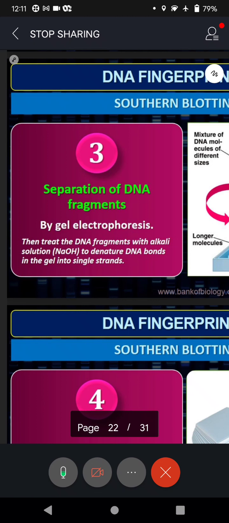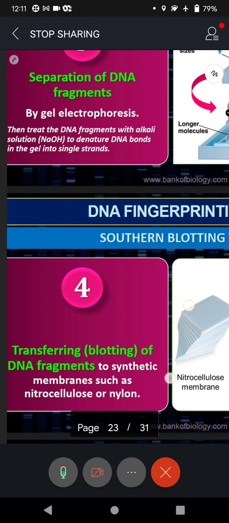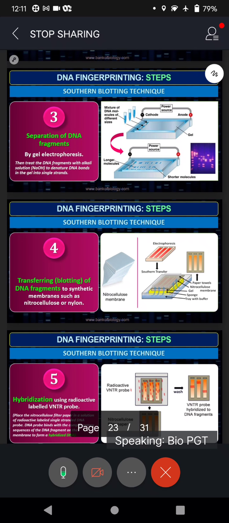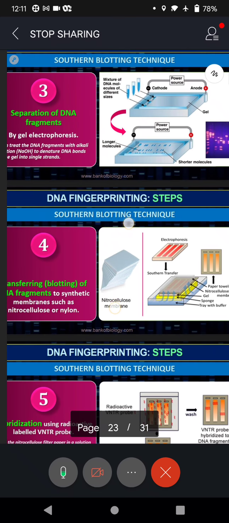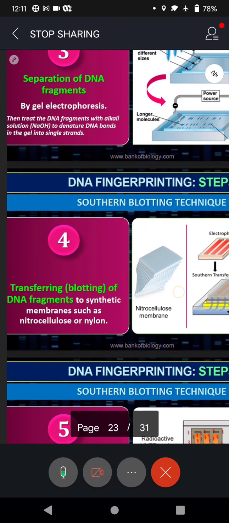the form of small strips, and those small strips will be appearing like how we see in the X-ray. When we see the X-ray sheet, how we can see the shape and size of the bones and where there is a fracture, all that same way here we can see. Now once this is done, we transfer that. For more accuracy, what we do, we transfer those fragments into a synthetic nylon sheet.